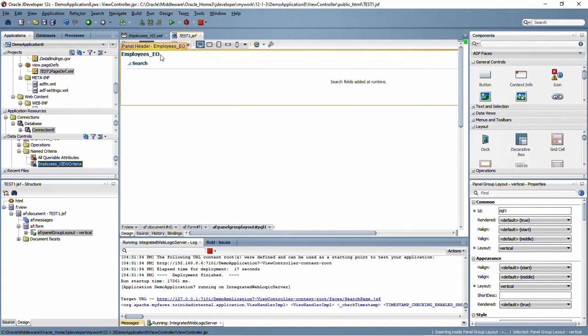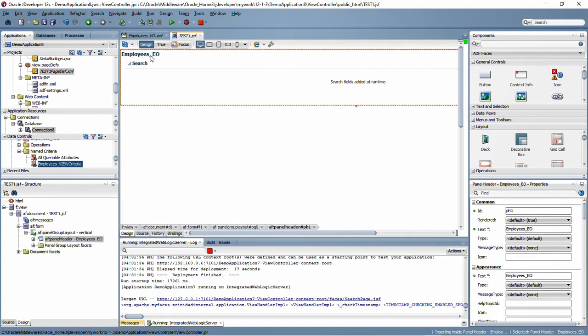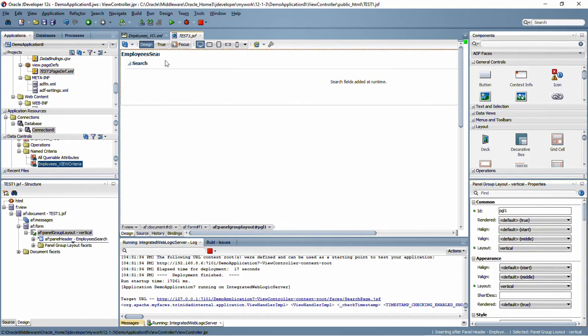So here, employees view, this name you can better change this text to some specific name, for example, employees search. It appears here, it's coming in the runtime, don't worry. So here select search